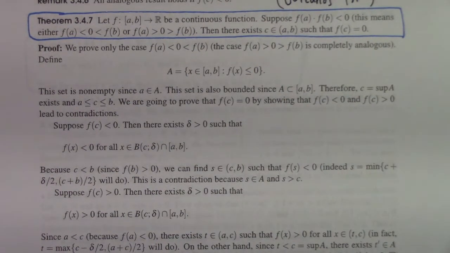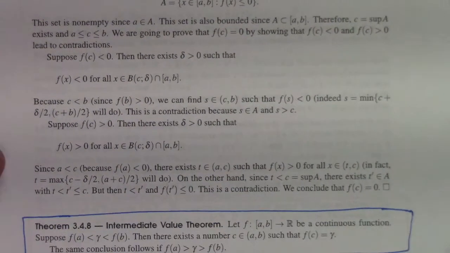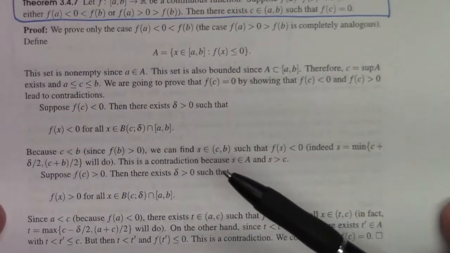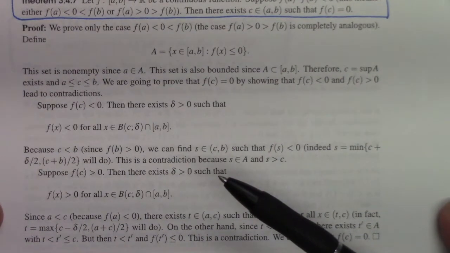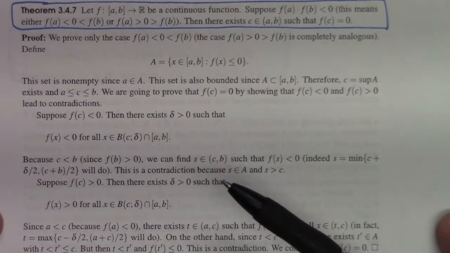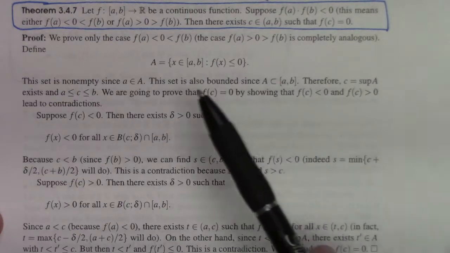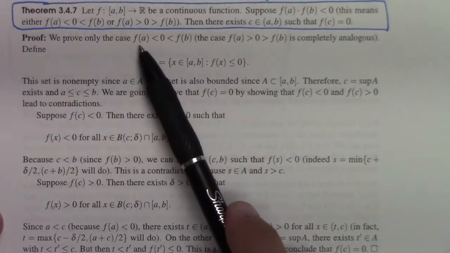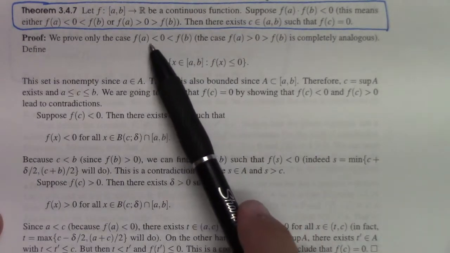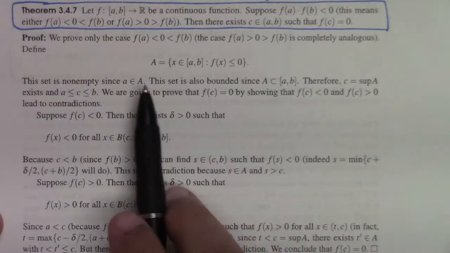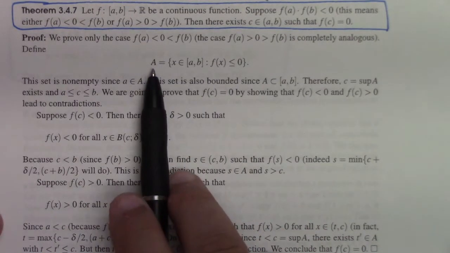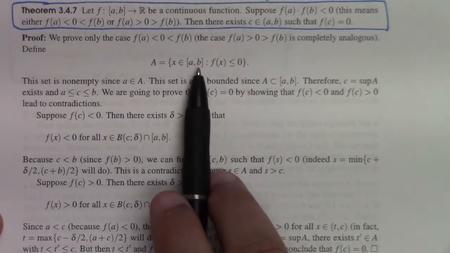And great. So here's the proof. I've got to make sure I'm in frame here. So Bolzano's theorem. Suppose, and we'll assume that f of a is less than f of b and zero is between them. He defines the set A to be x in the closed interval a to b, such that f of x is